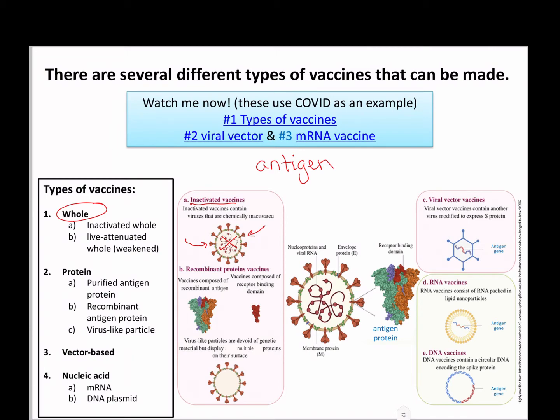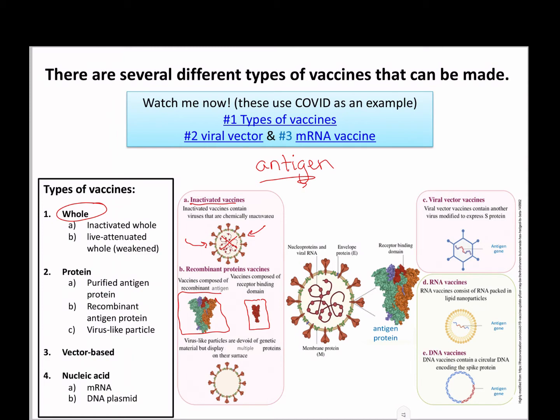If you don't want to give the whole virus, you could go the route of just giving that antigen protein. So there's a few ways of doing that. You could grow the whole virus just like you did previously, and then purify out that antigen protein and throw away the rest of the virus. You could use genetic engineering, and you can grow just the one section of that protein that you want to make your antibody against. So that would be a recombinant antigen protein. Or you could produce a virus-like particle, which just has a very similar cell envelope as the virus and contain